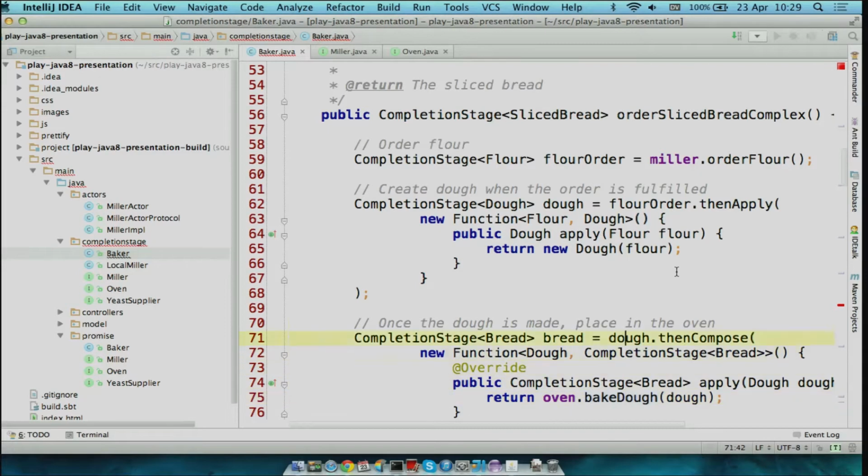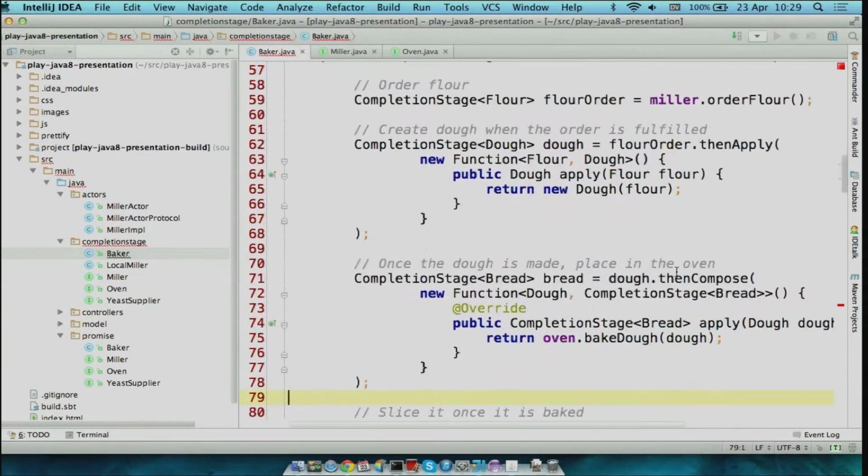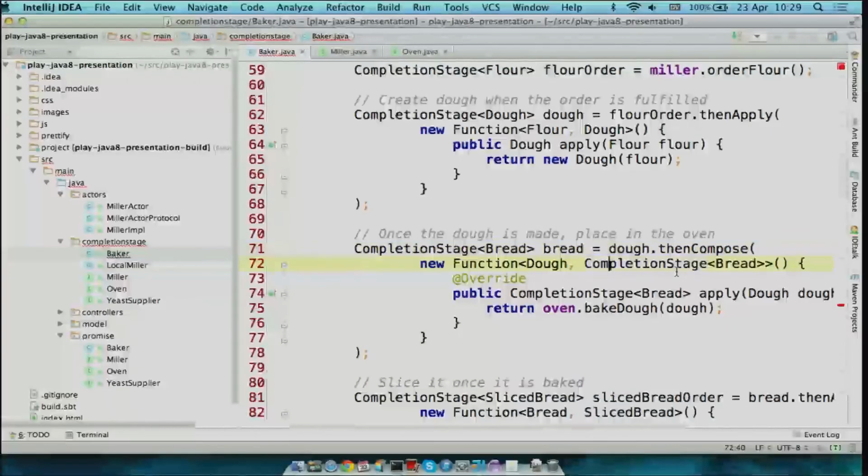And so to do that, we use thenCompose. Like thenApply, thenCompose takes a function that accepts the type of the promise, but this time instead of returning the new value, it returns a promise of the new value. And then inside the implementation of thenCompose, it's able to flatten that so that it can just return a promise of that new value.